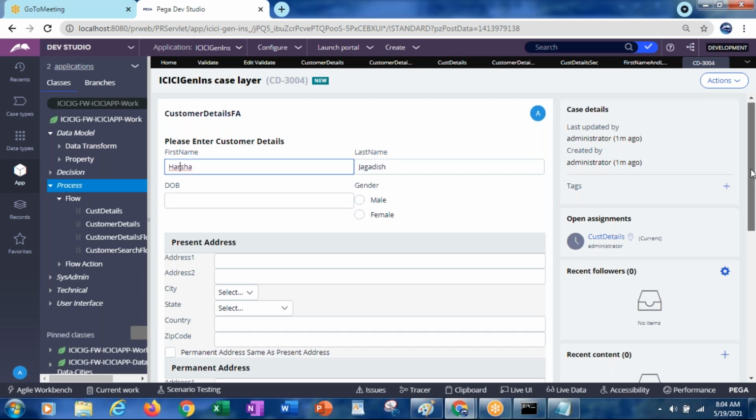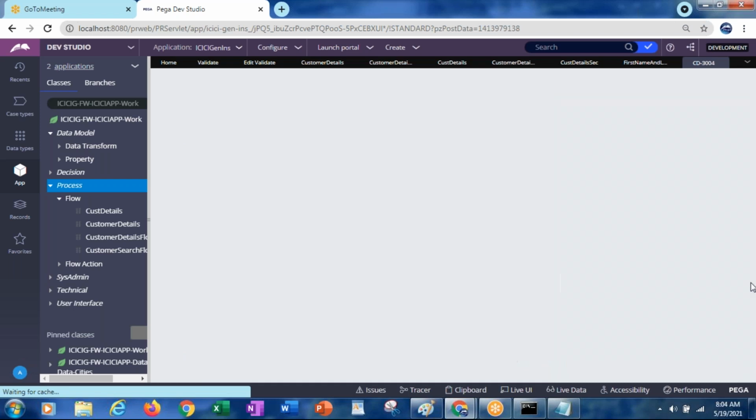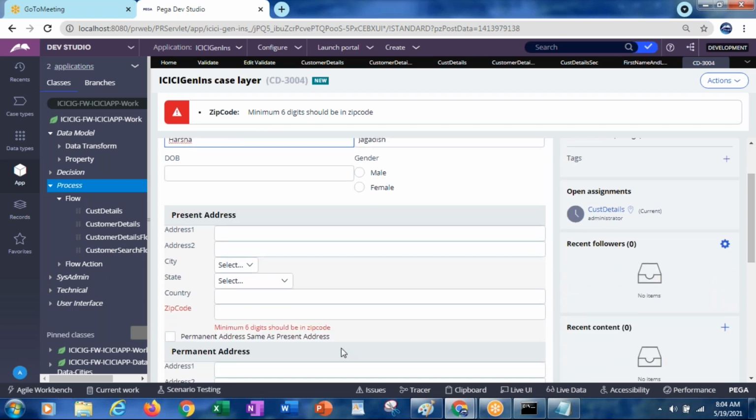So here, if you give submit, now you will see the error message clearly. Okay, so for the zip code, it is now giving the zip code error.